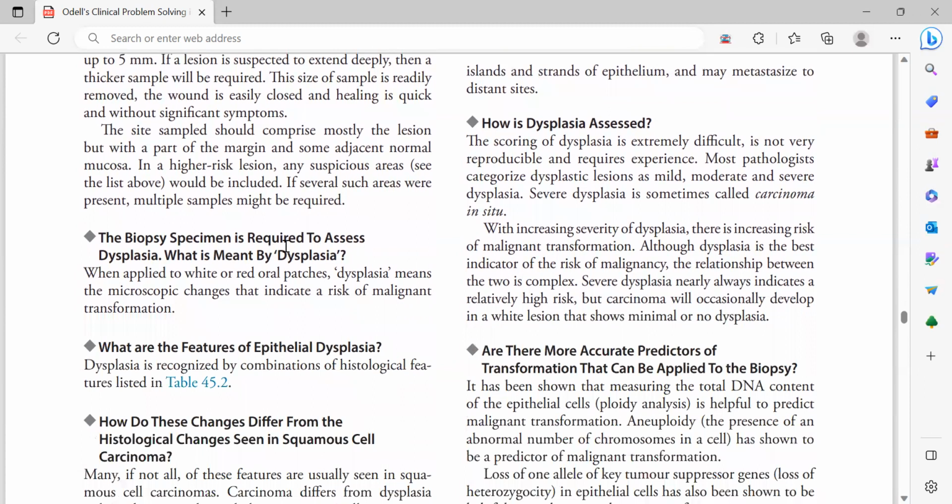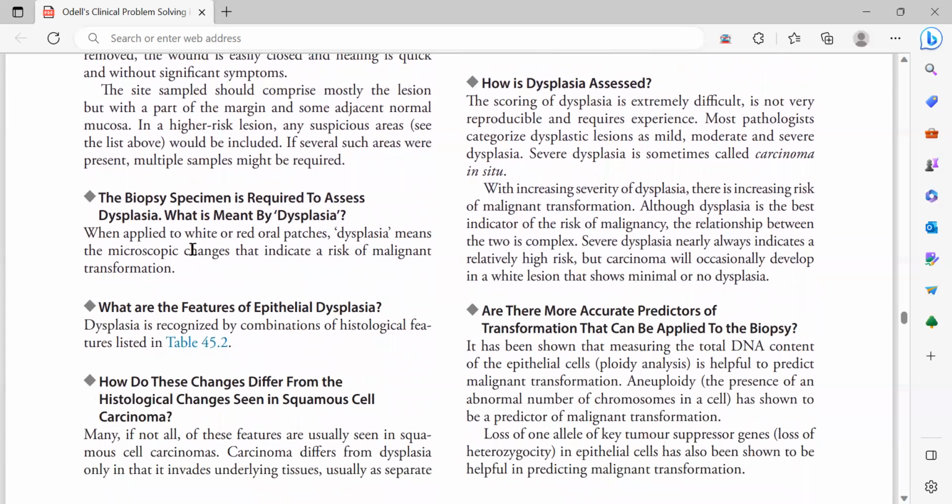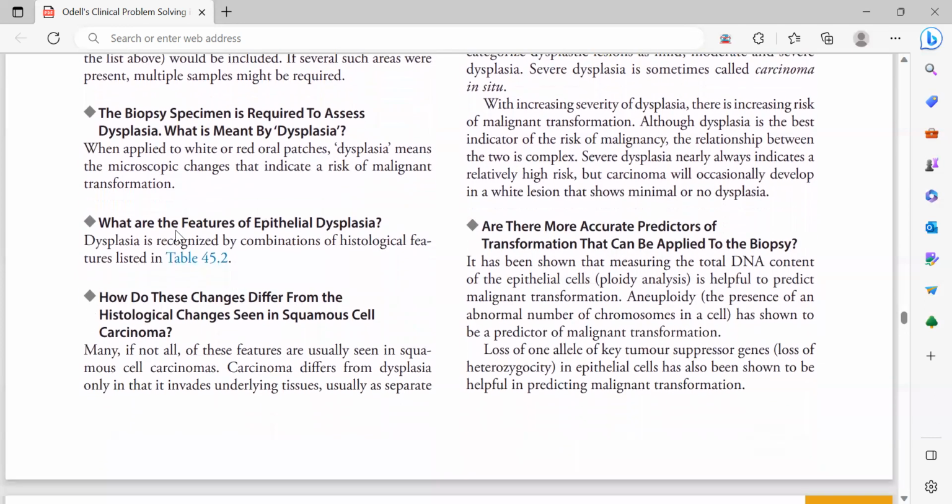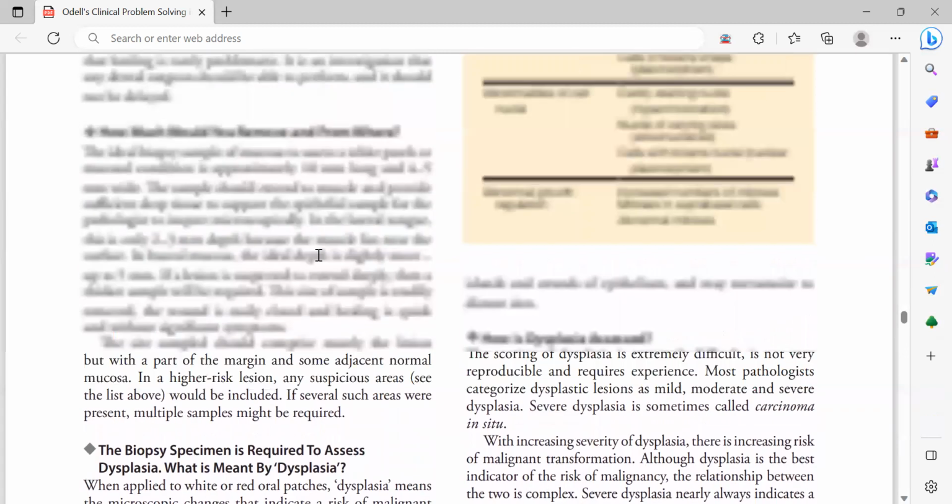The biopsy specimen is required to assess dysplasia. So what is dysplasia? It means the microscopic changes that indicate a risk of malignant transformation. What are the features of epithelial dysplasia? We will read in table